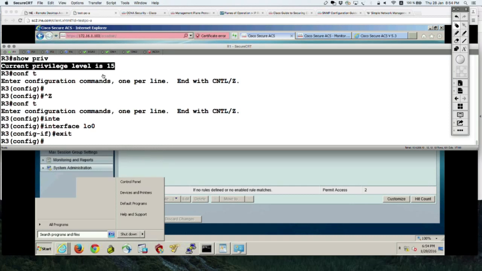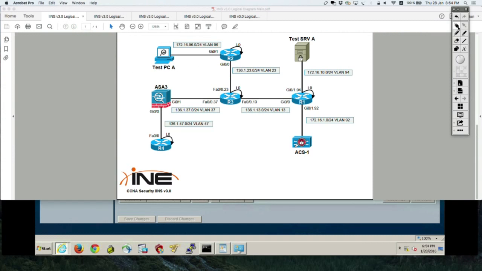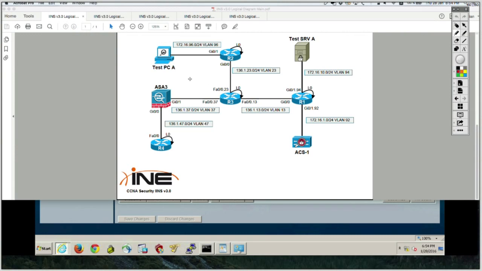So like in here, as I am being connected from router 1 to router 3 via a telnet session, I have been assigned a level of 15 by the ACS server. I've been authorized to level 15, which means I have access to all commands. But now I'm going to go on router 3 and configure command authorization. So what's going to happen is I'm going to type in here a command of, let's say, conft, for example,